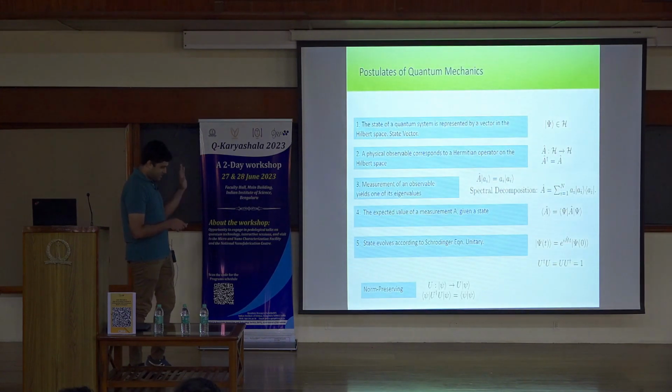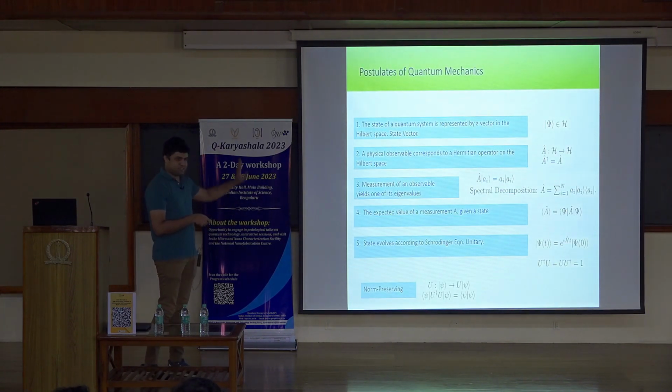Okay, so after all of those discussions in the 20s, they came up with a view, right? An interpretation of quantum mechanics, known as the Copenhagen view. You can just put it down as a set of postulates. I'm sure all of you know these postulates. The state of a quantum system is represented by a vector in the Hilbert space. Okay, it lives in a Hilbert space.